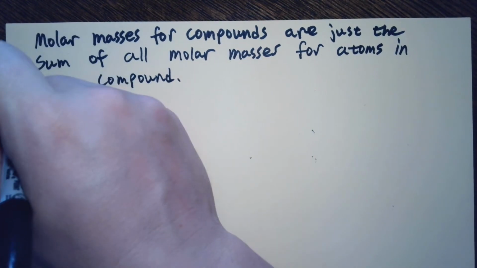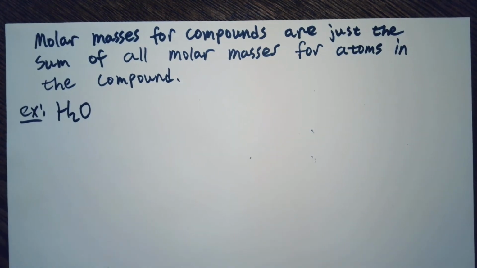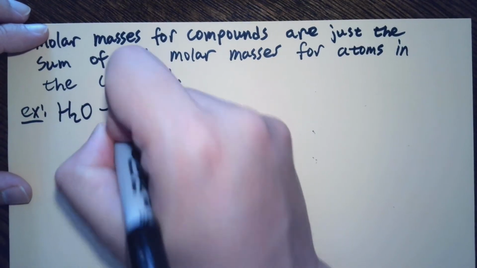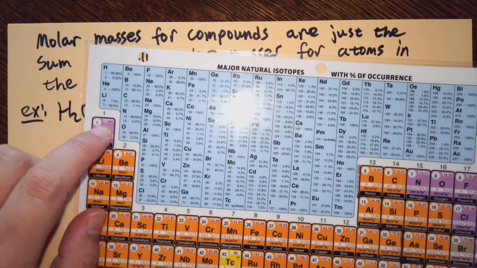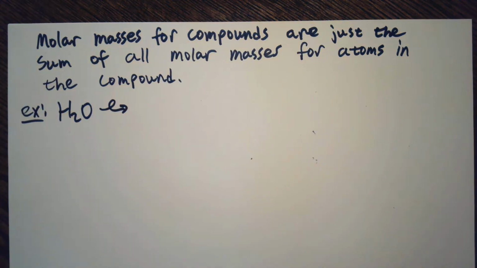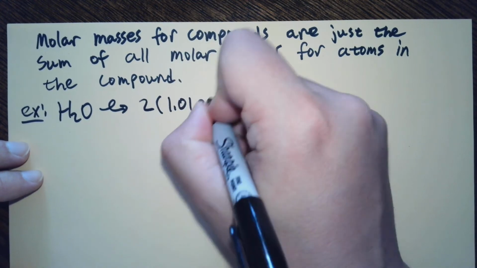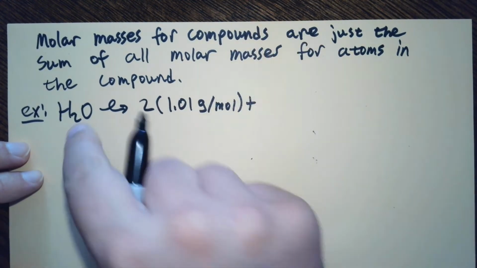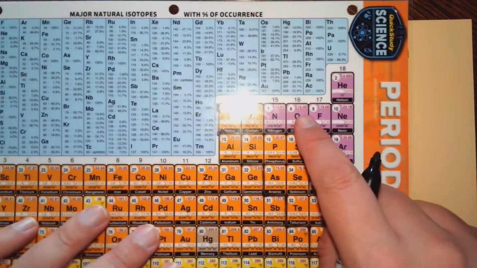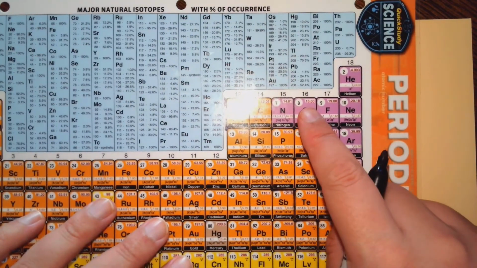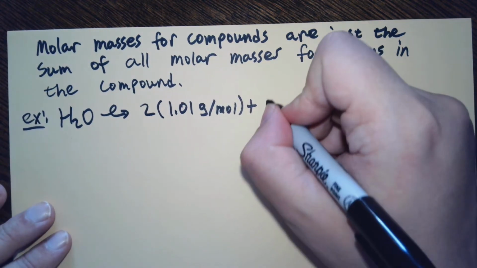So for example, H2O. What do we got here? Well, I've got 2 hydrogens. Hydrogen, one of them by themselves would be 1.01 grams per mole. So I'm going to have 2 of those. And I'm going to have an oxygen, which is, wow, that was amazing. I didn't even try. Just put it right in the spotlight. Alright, so it is 16.00